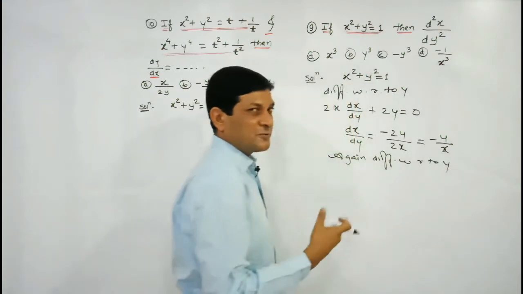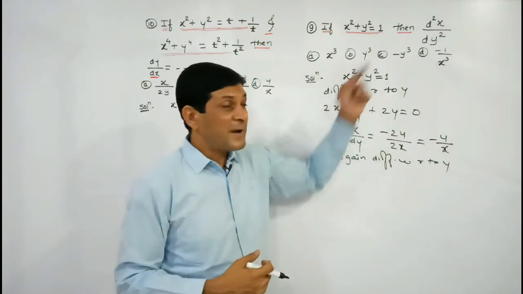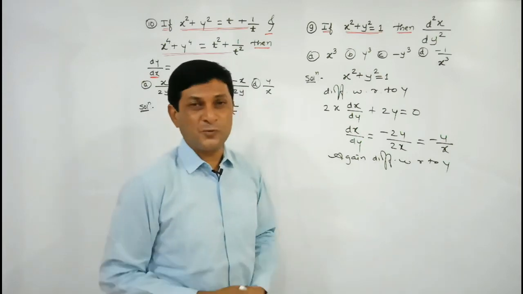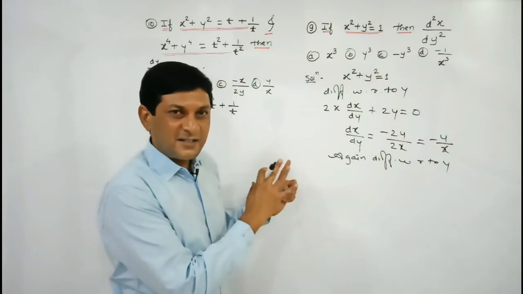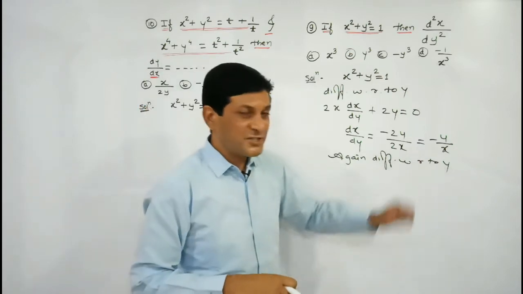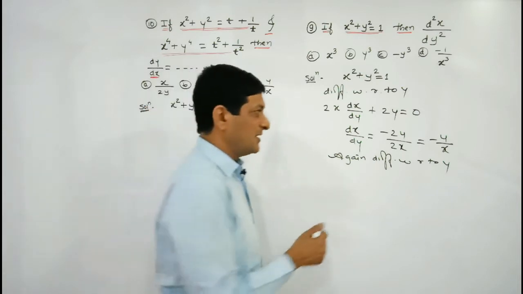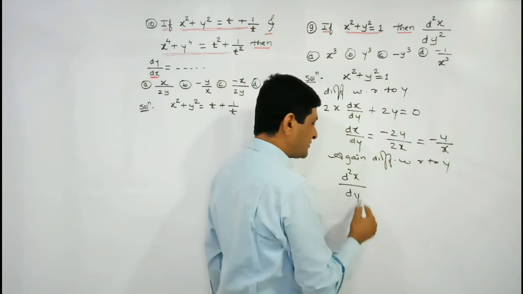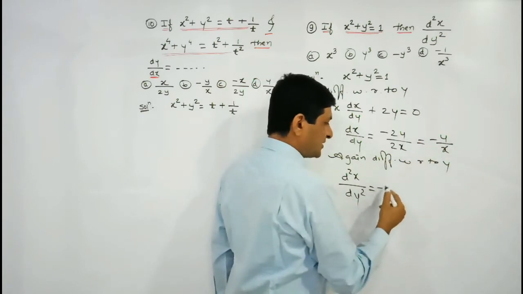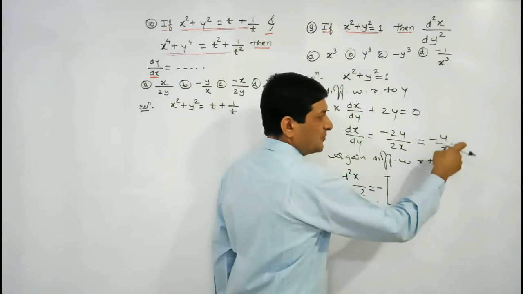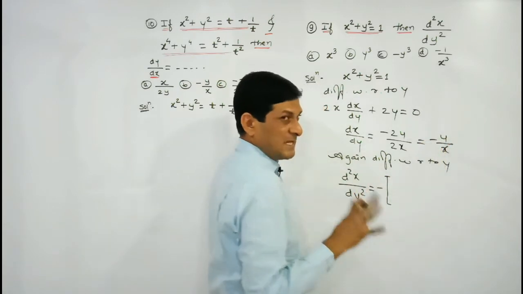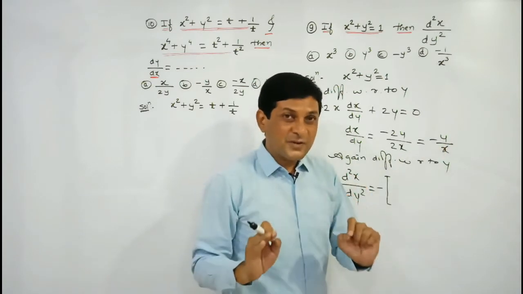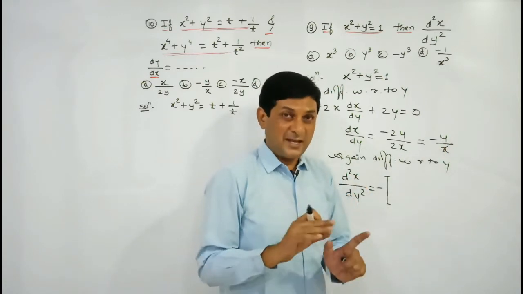Generally we differentiate with respect to x, but here, observing the required value, we differentiate with respect to y. Writing this is not necessary for you in an MCQ. It is just for your understanding that we are differentiating with respect to y, that's why I'm writing it here. So the derivative of x with respect to y is d2x upon dy square. On this side minus, keep it as it is, and the remaining term is in the form of u upon v. We have taken the minus to this side. u means what? Y, and v means what? X, and we are differentiating it with respect to y using the quotient rule.